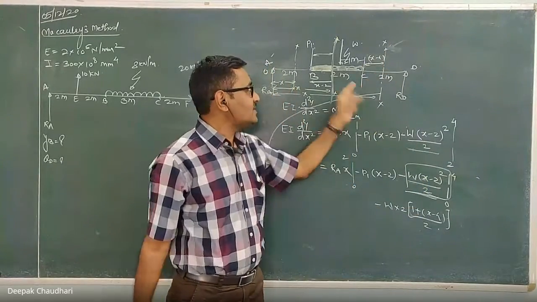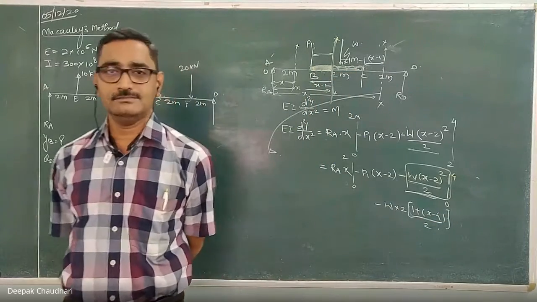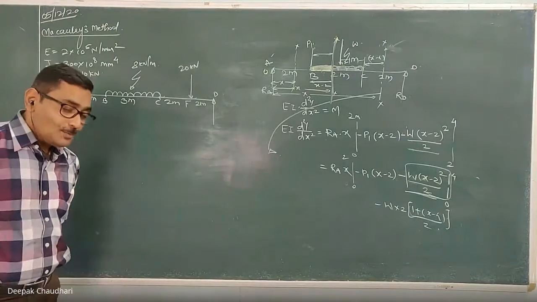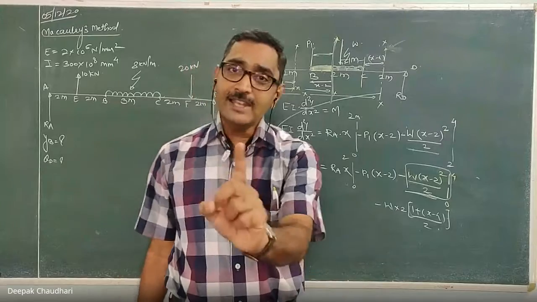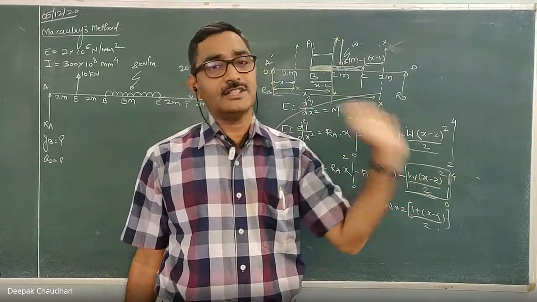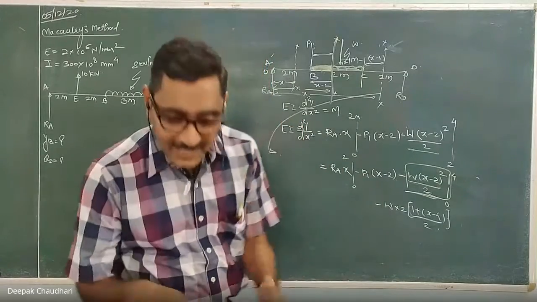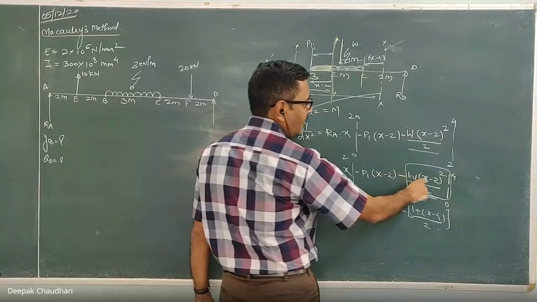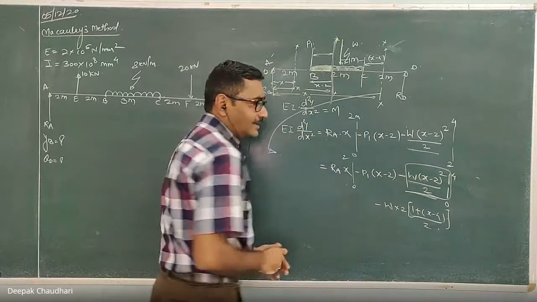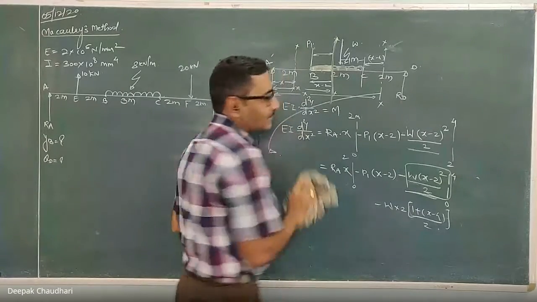यार अगर यहाँ पे सेक्शन देता हूँ और ये UDL ऐसा ही रखता हूँ तो I need to write one more term, different term. Okay, so Macaulay suggested that we have to write such an equation which should be valid here for all the terms, for all the loading, for the entire beam. Okay, and that's why to make this term W into (x minus 2) whole square by 2 valid for the entire beam, here what you have to do, listen carefully,